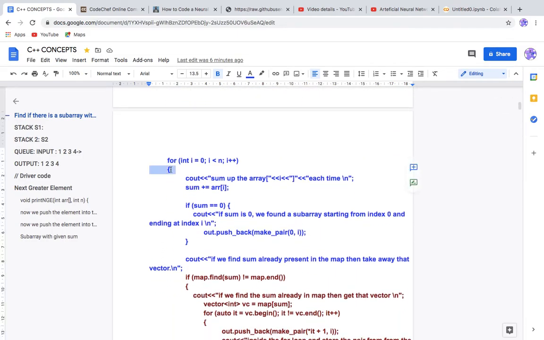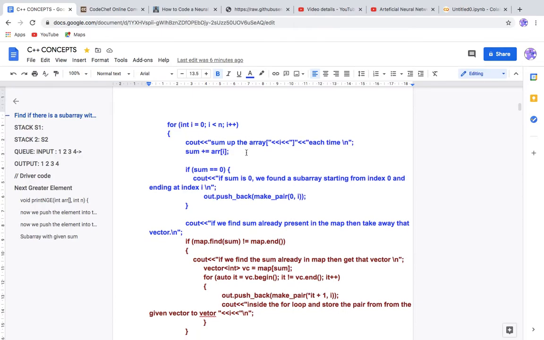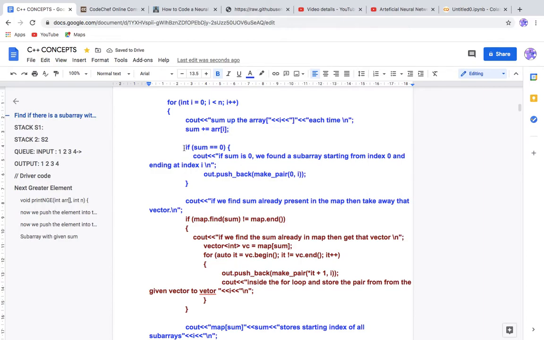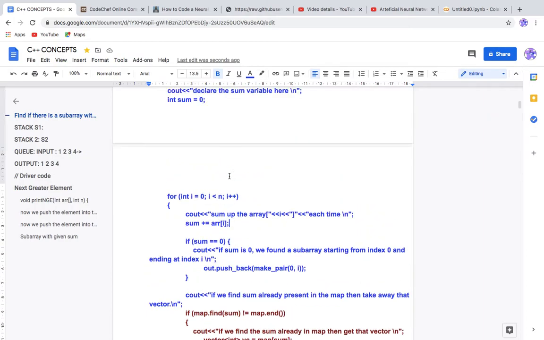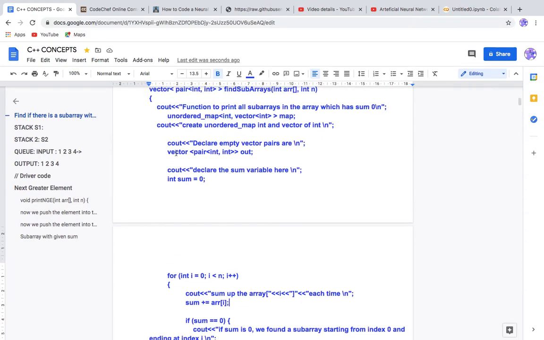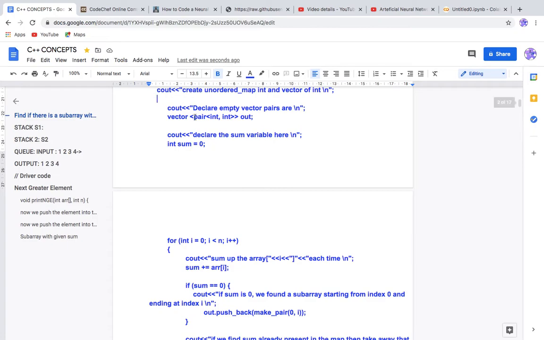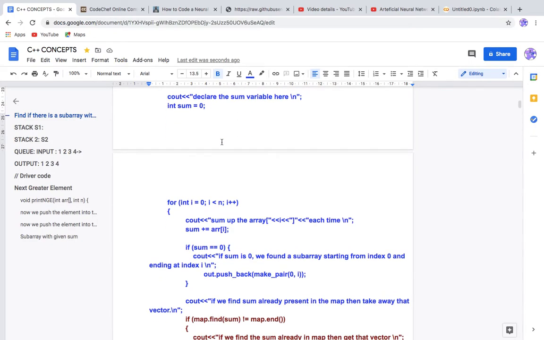And this one will be the vector, so once you take out the vector, that's when we'll use it. So we'll use a for loop, right? The for loop will mainly be used for adding up the sum, like sum plus equals arr[i]. Okay, so we'll keep on adding to the sum each time, until our sum equals 0. In that case we have this output vector. This was our vector which will give us the actual output, and this we'll use as an auxiliary map to store, right, the way we saw. And this will be our final output, the output vector.